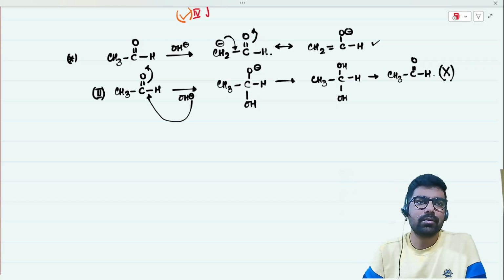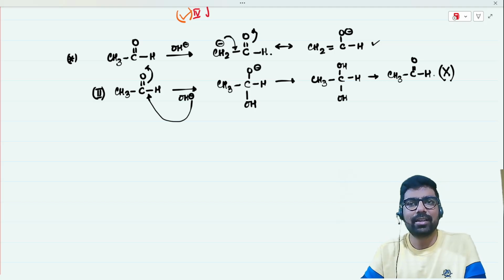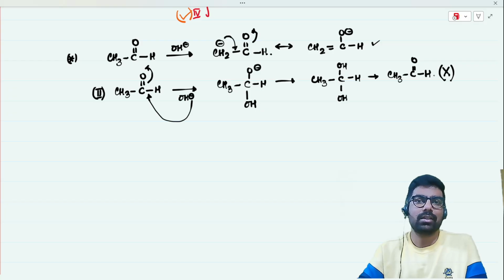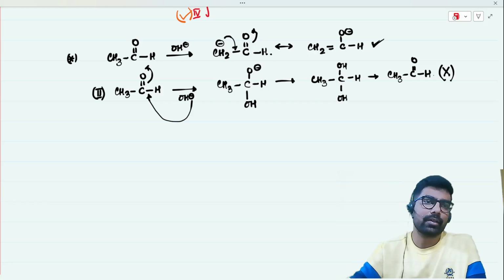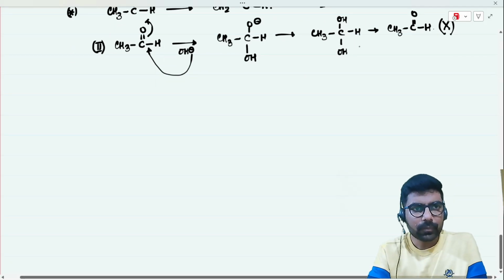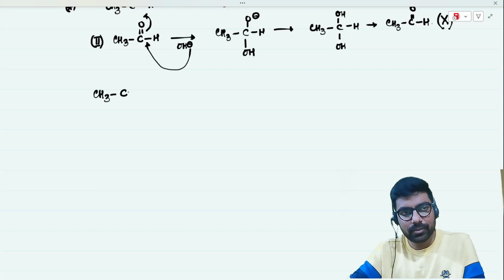The first step, the nucleophilic substitution reaction, is not favored because nothing is coming out of it. We are again getting back to the reactant only, right? But in the first step, a new product is being formed. There is a future of the reaction. So that's why this mechanism is followed, not the second one. Clear? Then the second doubt that might come in the second step, CH3, again CHOH, the step 1 we